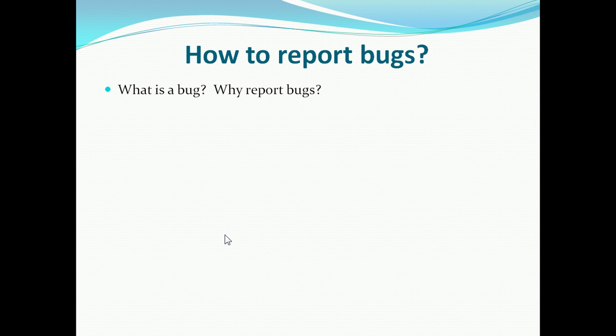So a lot of information is required to objectively state different facts about the bug, so that the developer can first of all try to understand what the bug is all about, then try to reproduce it themselves within the system so that they can see the problem for themselves, and then come up with a solution to fix that bug. So this kind of a report, which contains factual objective data about the bug, is called the bug report.